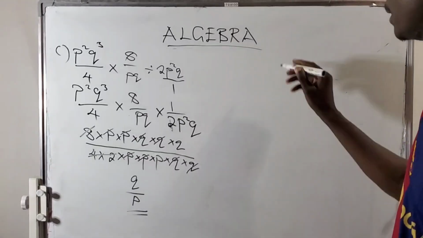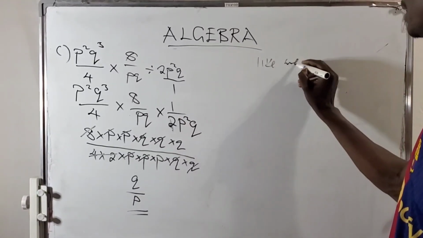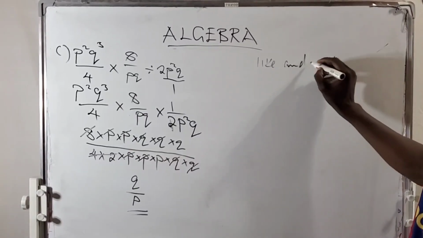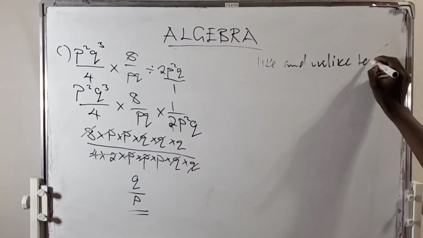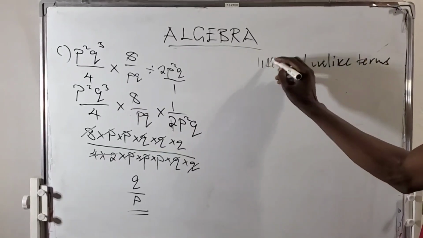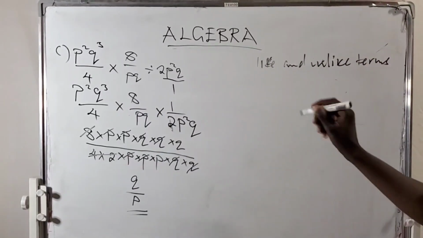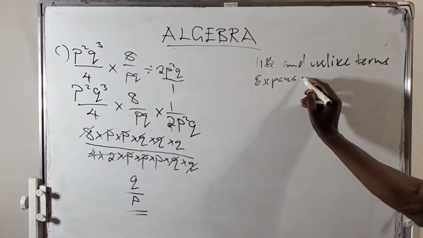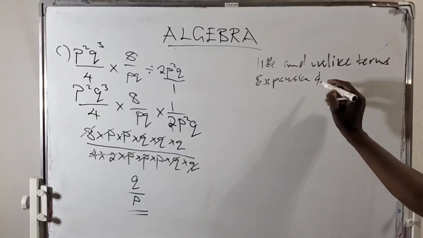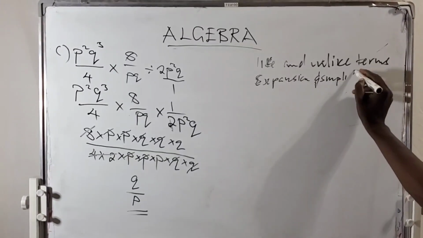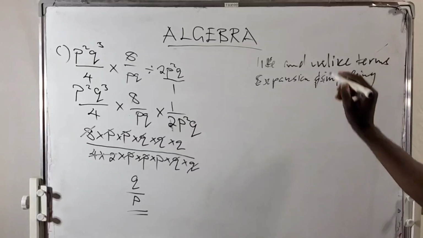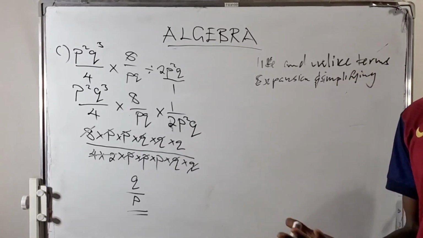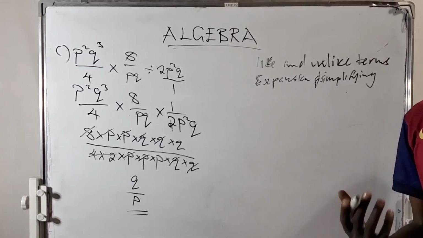We've looked at like and unlike terms. That is the introduction to algebra. From there we looked at expansion and simplification. After knowing how to expand, double brackets, single brackets, then we also looked at what